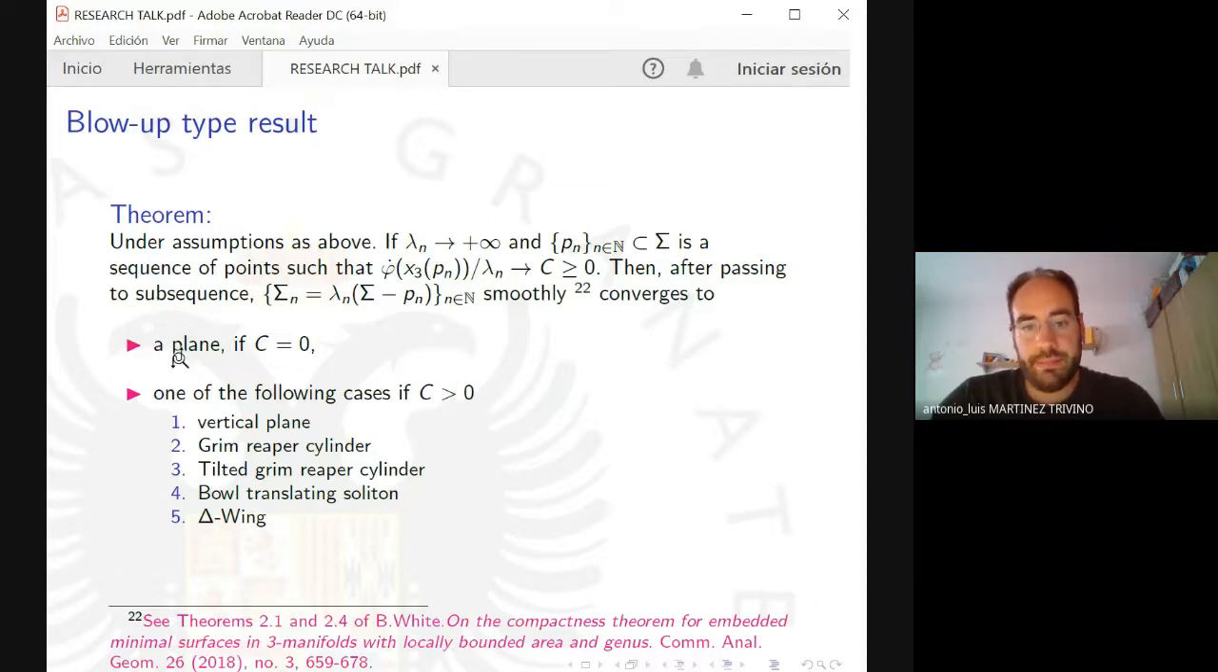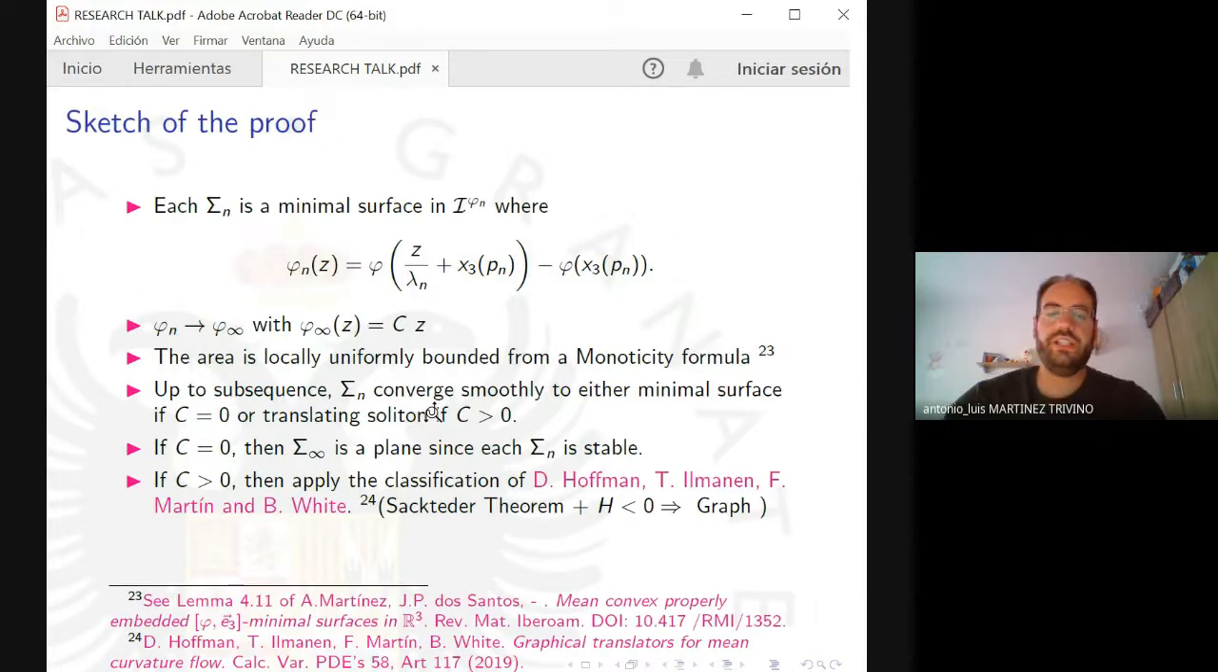Converge to a minimal plane if C is equal to 0, or one of the following cases: a translating soliton if C is positive. What is the catch of the proof? Okay. Firstly, notice that each sigma n can be seen as a minimal surface in the corresponding ambient space. Moreover, in a compact subset, we can guarantee that this sequence of functions smoothly converges to this function. On the other hand, the area is locally uniformly bounded from a monotonicity formula for minimal surfaces in Riemannian